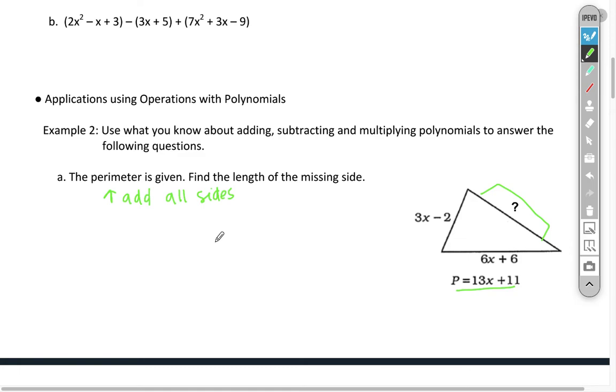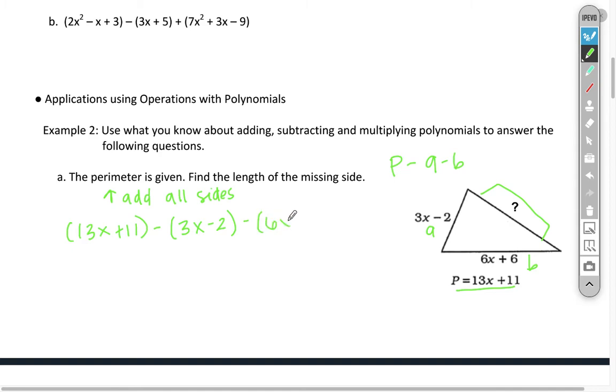So if we were given p, then we need to subtract 3x minus 2 and 6x plus 6. So we'll call this a and we'll call this b. So we now have p minus a minus b. Right? And the perimeter it gave us was 13x plus 11. So we would have 13x plus 11 minus 3x minus 2